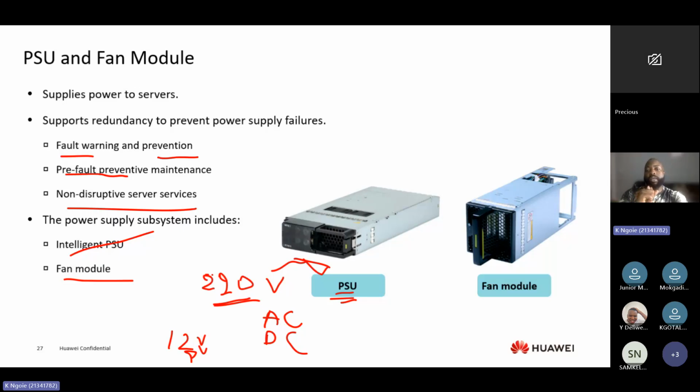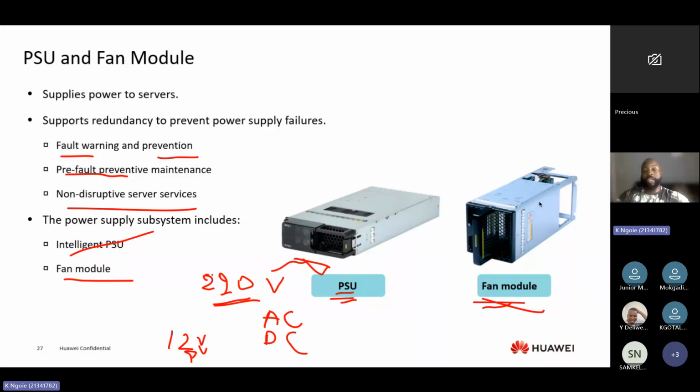Okay, so some servers will have multiple PSUs on them. You can replace one without shutting down the server. When you have big companies with big servers, they can't shut down the system. So if they want to maintain or replace, they can replace one, and the system can continue working because there are backup PSUs, right? And then the fan module,